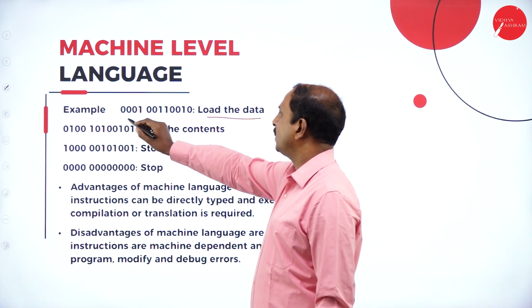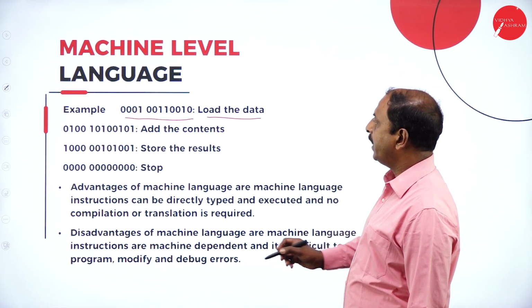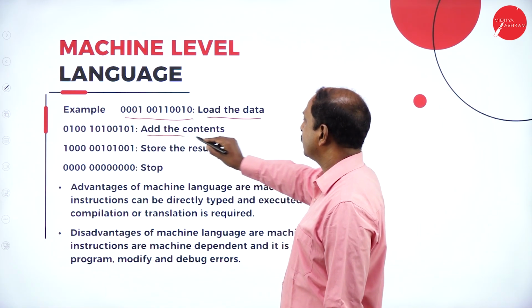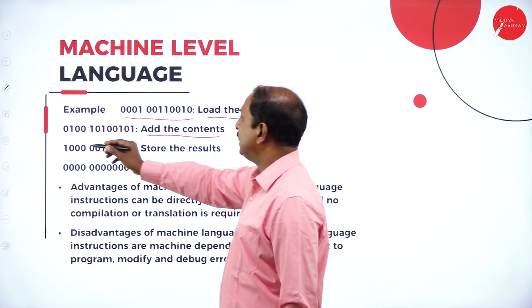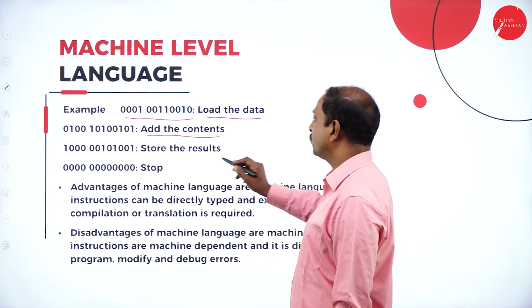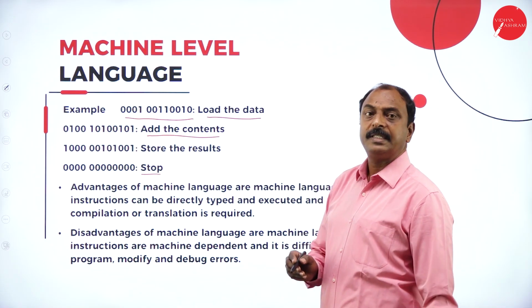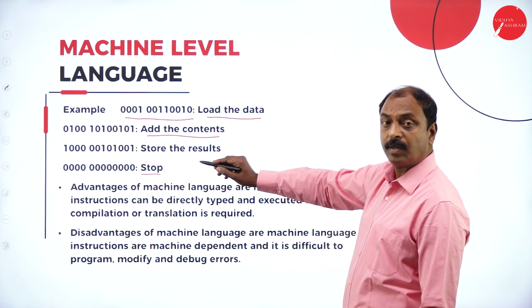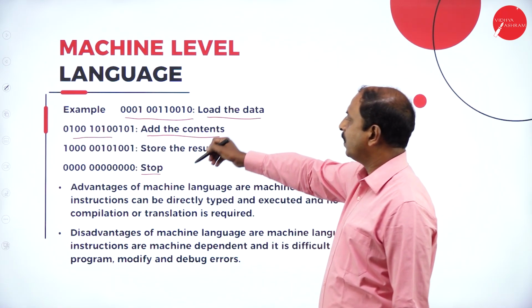So this is the one instruction. It indicates to load the data, and this is to add the content. Suppose there are two variables or two numbers to be added; these are the commands to add two numbers. Similarly, this is to store the result, and this is to stop execution. These are all different commands, and the user must remember all the codes